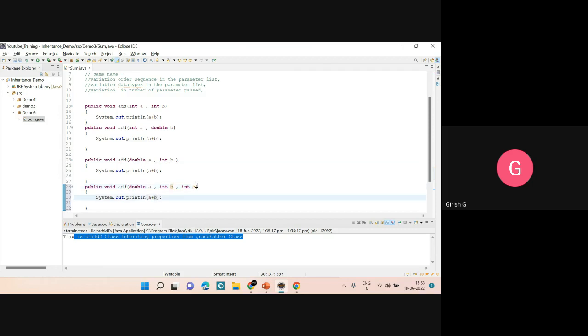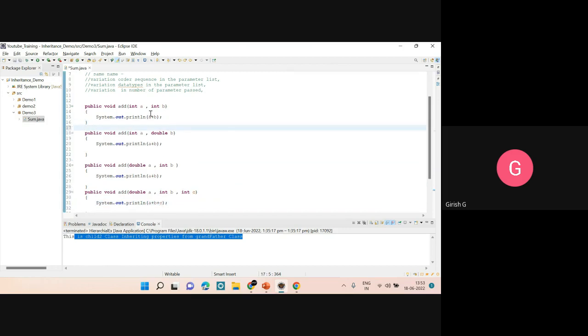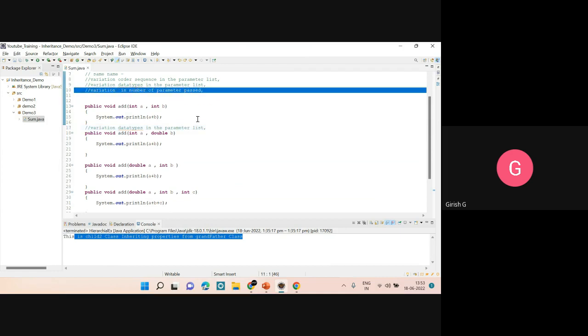You can see this is variation in the number of parameters passed. So this method shows variation in the data type in the parameter list,